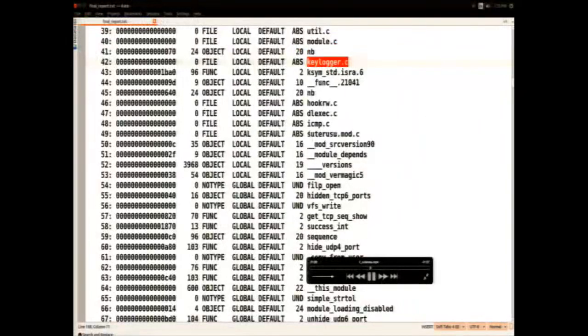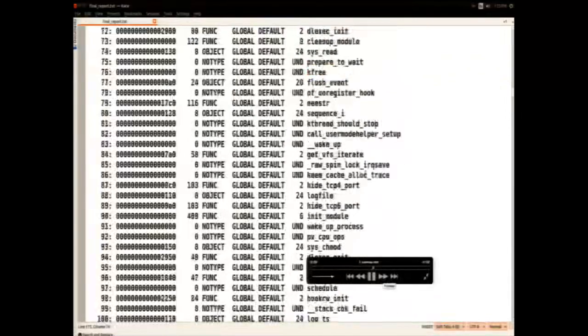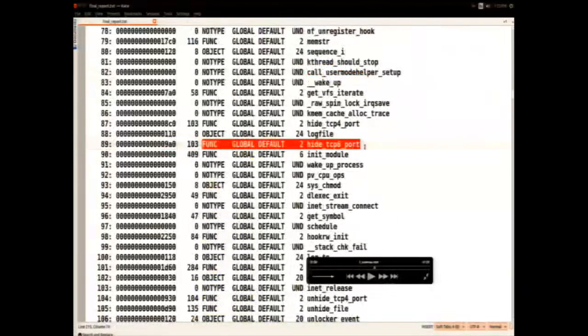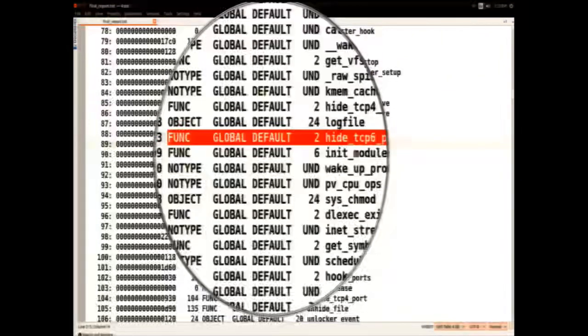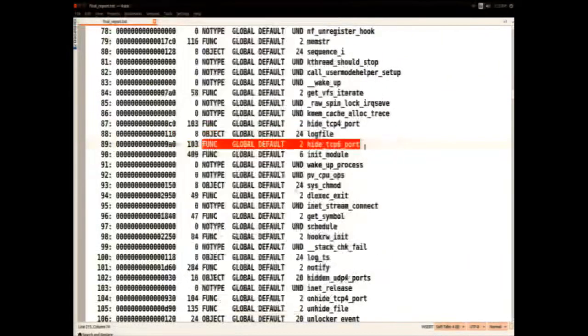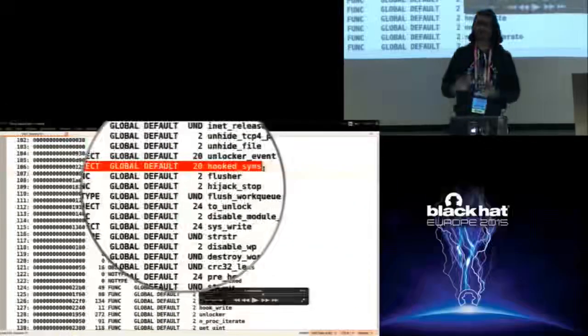You also see references to functions like hide TCP port, so probably it hides the TCP connections. Or it might do the hooking and make the legitimate function point to this function. You see that there are references to objects like hook symbols. Probably it's going to hook the symbols.